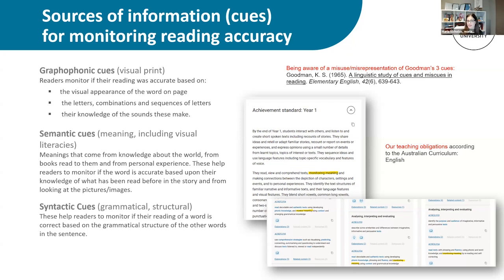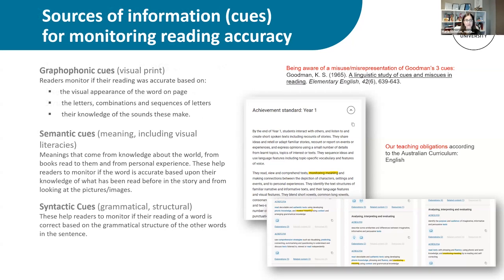There can't be an adult sitting next to the child 100% of the time, listening to them read aloud and telling them when they make an error. They need their own self-monitoring skills to cue into when they may have made an error and need to go back and self-correct. That's when you teach them about the 3 cues. And it's about teaching them how to self-monitor, to check in to see if they've made an error and they need to go back and reread.